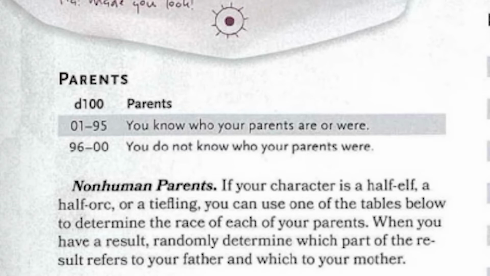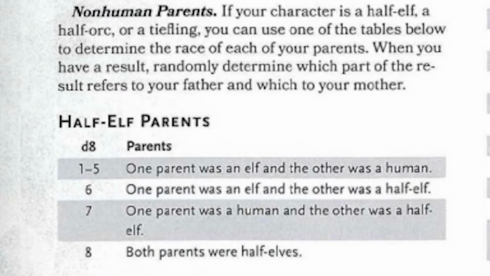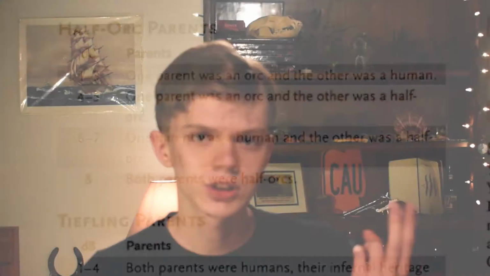You either know or don't know who your parents are. Makes sense. They have some hereditary tables for some partial species, for example, half-elves, half-orcs, so on and so forth. They have a table for